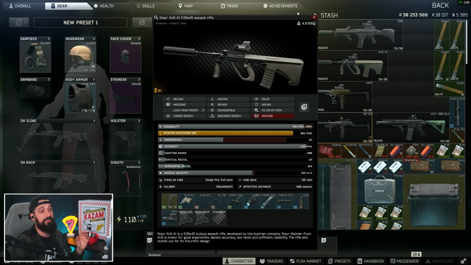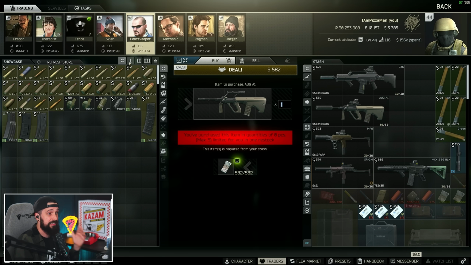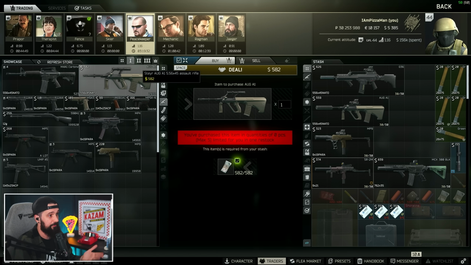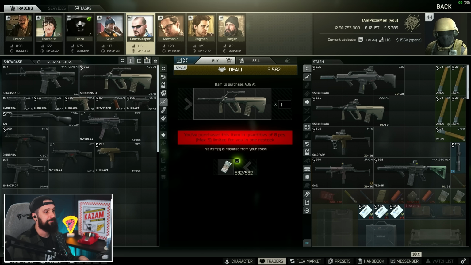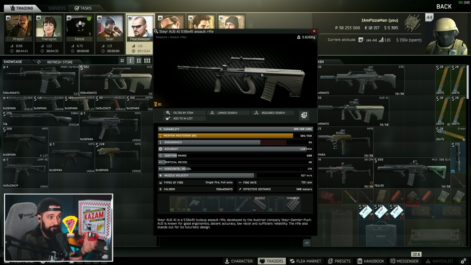And we're starting with what I think might be the King 556 gun right now, and that is the AUG A1. The AUG is pretty accessible. You can purchase it as early as level 1 Peacekeeper on day 1 of the wipe. And there's a few other variants as well. It does come with a bit of a goofy optic on it, but what's nice about the bullpup style of guns is that there aren't a lot of attachment choices, which means modding them is not too